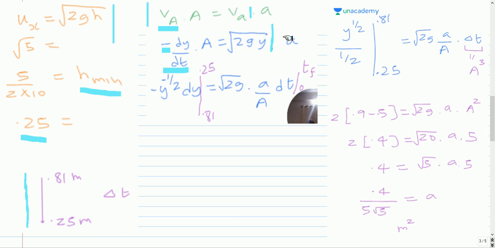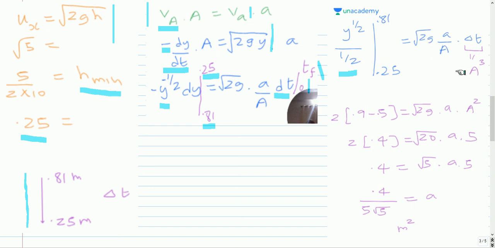So now we get the equation with two variables y and t. So bringing y on one side, this square root of 5 will become y raised to the power minus half, and on the right hand side we have dt, and we integrate between the limits y equal to 0.81 to 0.25, and the initial time is 0, and the final time we are calling t_f. So integrating y raised to the minus half, we get y raised to the plus half by half, and dt is t, and t_f minus 0 is delta t.